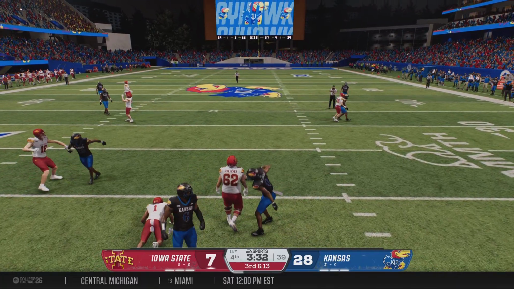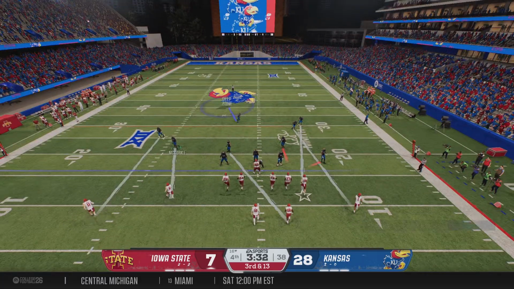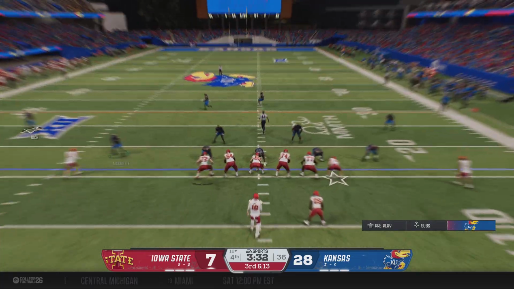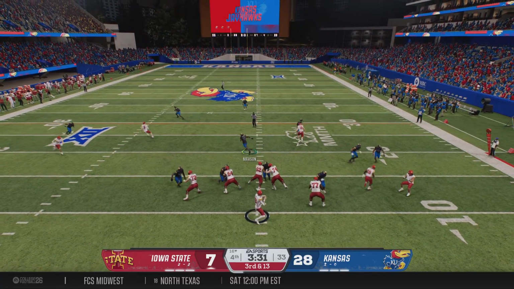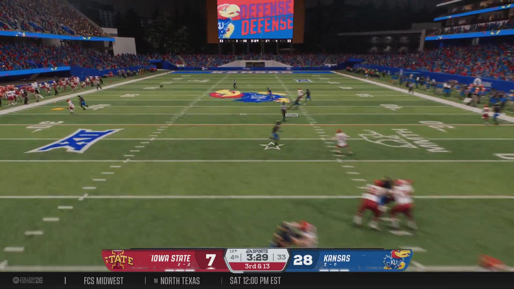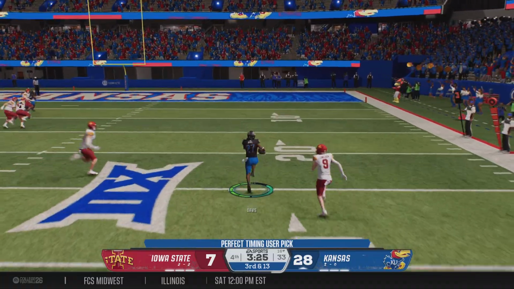And the pass is incomplete thanks to a big hit. The offense came into this game knowing that for them to win, they were going to have to make some big plays throwing the football. That just has not been the case. Here in the fourth quarter, they've been held to less than 200 passing yards, and that's really the story of the game. Picked off.